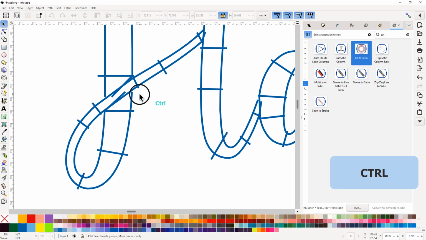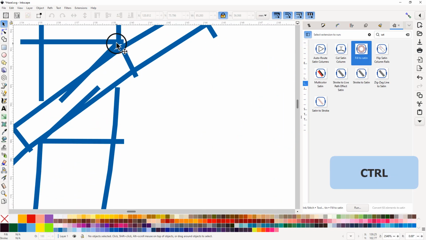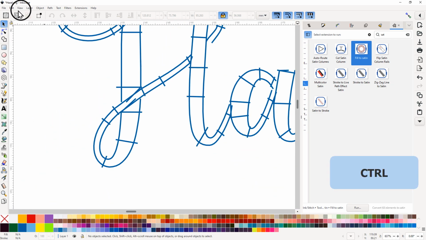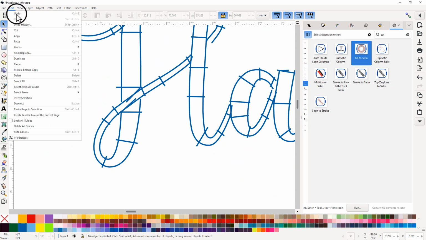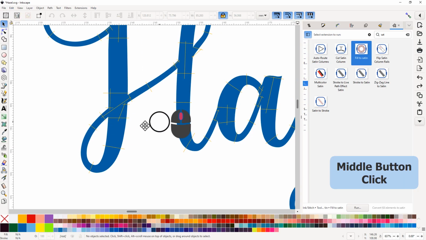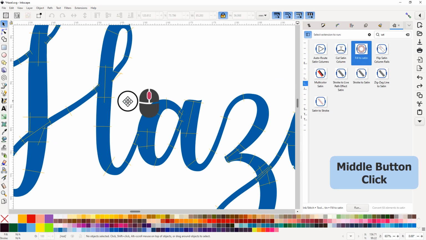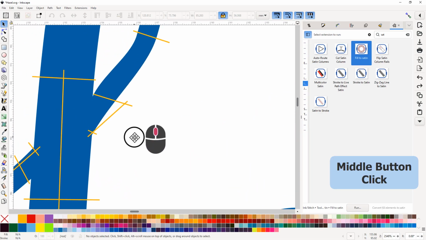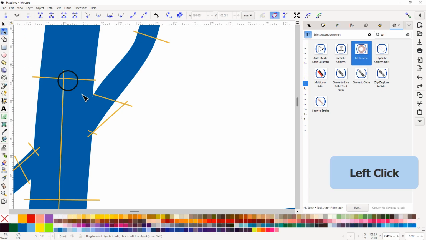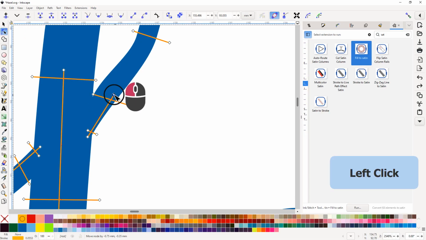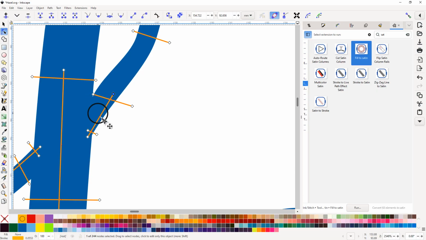Also, what you can see here, the satin is finishing a little bit short over here, and the same over here, it is finishing a little short also. So how can we adjust that? Well, then we will go to edit, and we'll undo, and now we can make some of these adjustments. And how do we make these adjustments? We go to the node select tool, and here all I need to do is bring this one inside, and